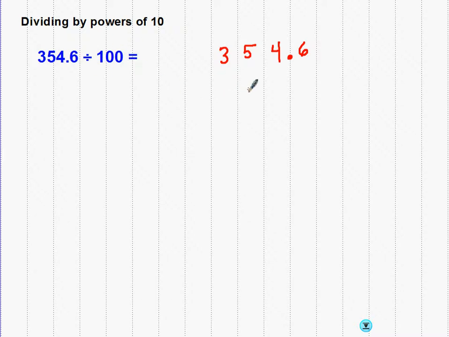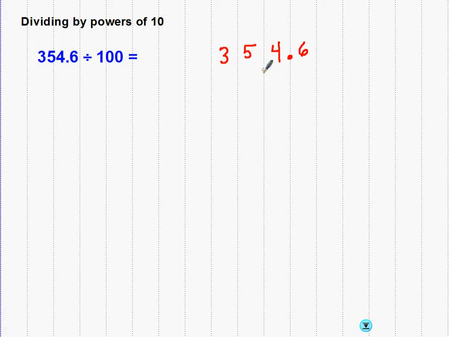And it's important to understand that this process works because power of 10 numbers, like 100, are based on the number 10. And our number system, our place value system, is based on the number 10. And each time we move a decimal from one place to another, we're changing that value by a factor of